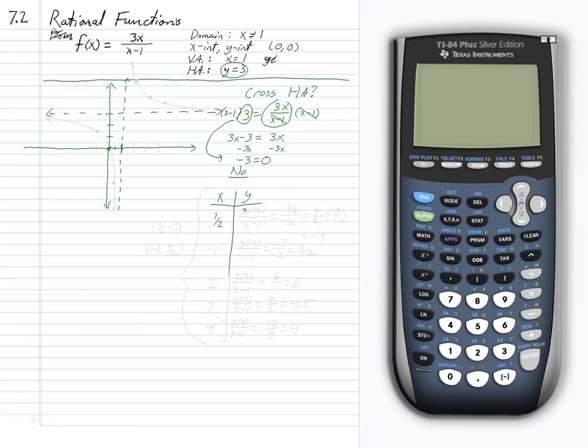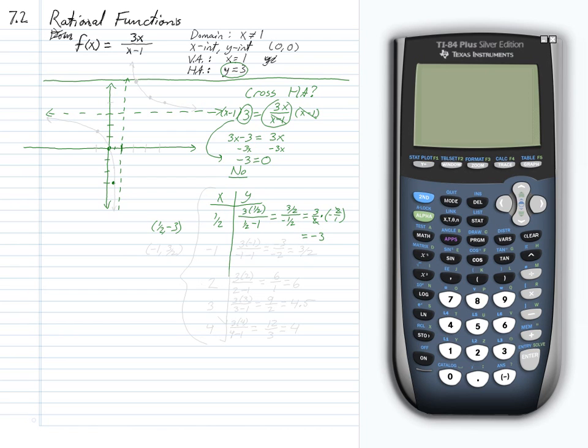So my function would be 3 times 1/2 over 1/2 minus 1. So that's 3/2 over negative 1/2. And I can keep change flip. That's 3/2 times negative 2 over 1. So my function's value is negative 3. So the point 1/2, negative 3 will lie on my graph, and I can plot that